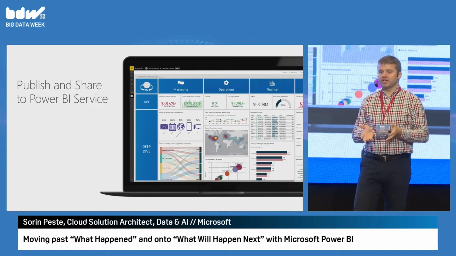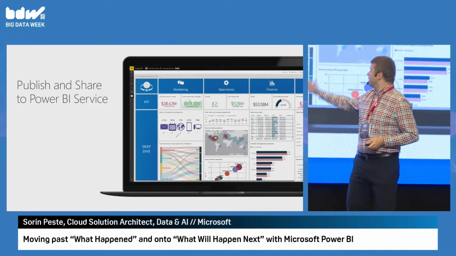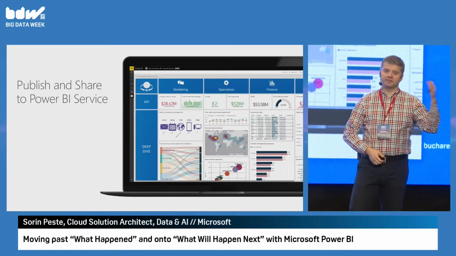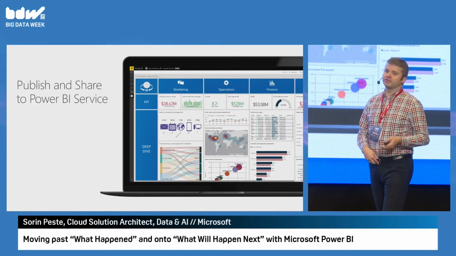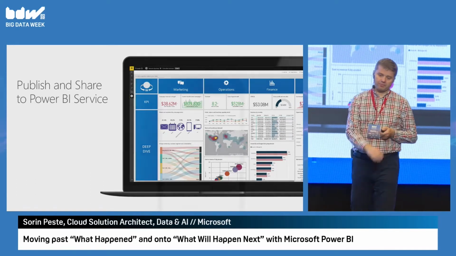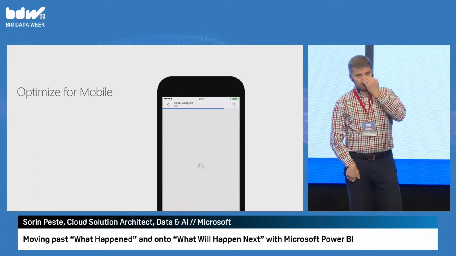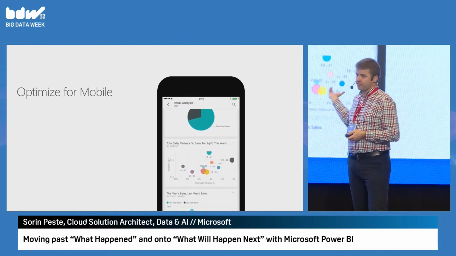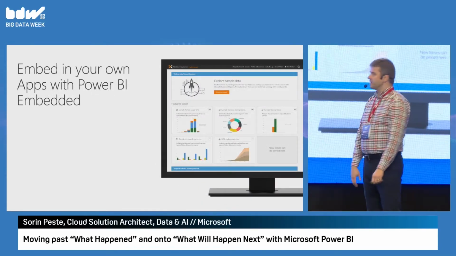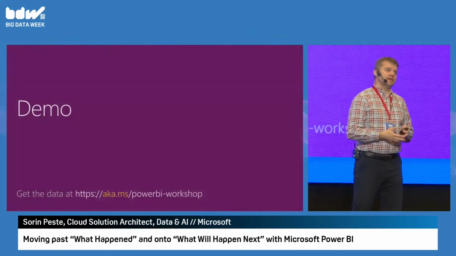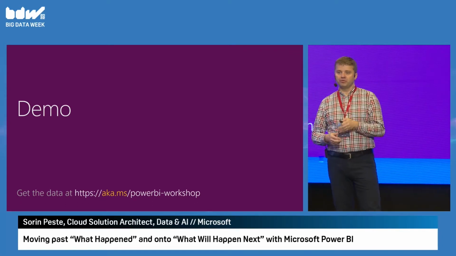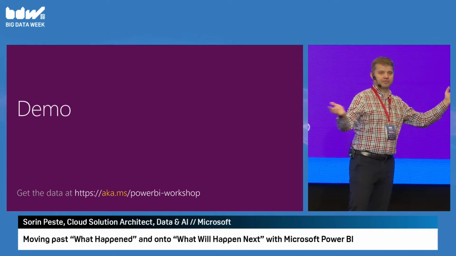Once you have a report or a dashboard or some sort of insights ready, you can publish it to the cloud service, the Power BI service, to share with your business audience, and they can share it further along. You can have access rights, and notifications when there's new data, and so on. So that's the Power BI service portal. There's a mobile app, and also a way to optimize your reports for mobile, for people who are consuming them using mobile devices. And then there is something called Power BI Embedded, which is geared towards application developers who want to embed interactive dashboards and reports into their own custom application to serve to external users.